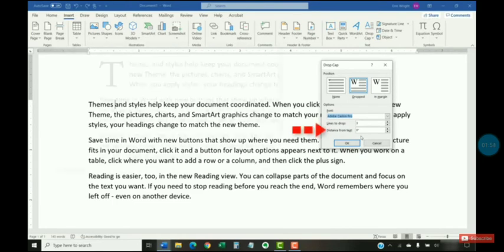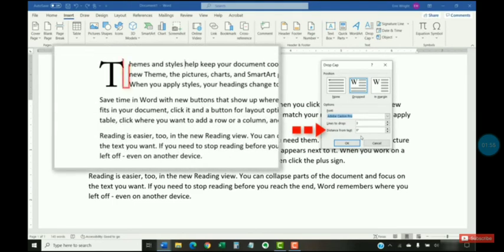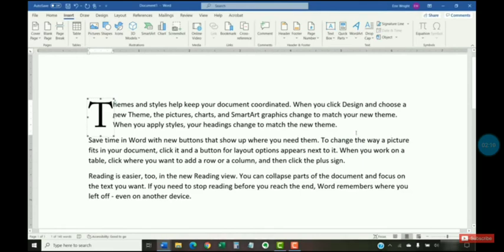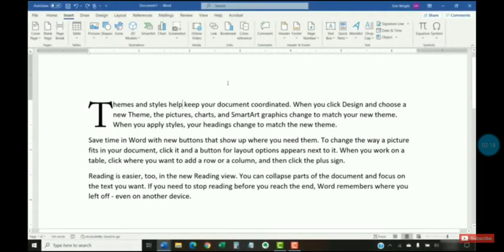Okay, the next part is showing the distance. This means from the particular drop cap, how much distance there is before the new line starts. So this distance is maintained over here, and then we can click on the OK option. As soon as you click on OK, you are able to see the letter. The changes are there.